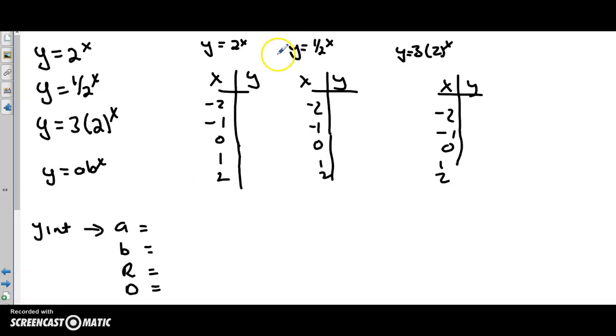Okay, here we go with the properties of exponential functions. We're going to look at y equals 2 to the x, y equals half to the x, and y equals 3 times 2 to the x. So if we go to 2 to the x, remember, first of all, that everything is all about y